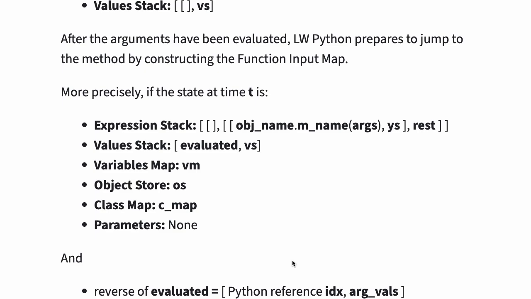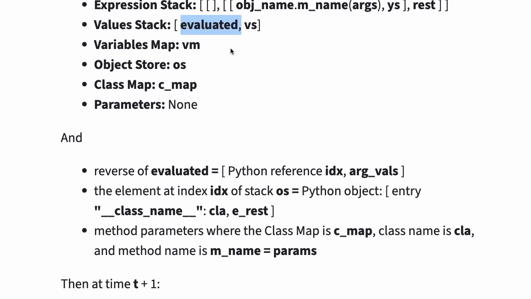After the arguments have been evaluated, LWPython prepares to jump to the method by constructing the function input map. More precisely, if at time t the expression stack contains an empty element followed by the method call, and the value stack contains evaluated, and the variables map is VM, the object store is OS, and the class map is CMap, and parameters is none,